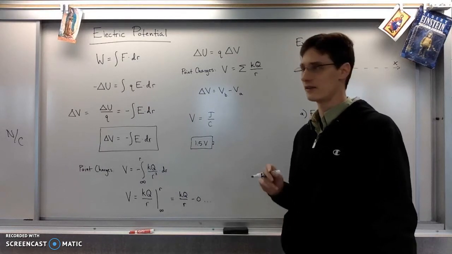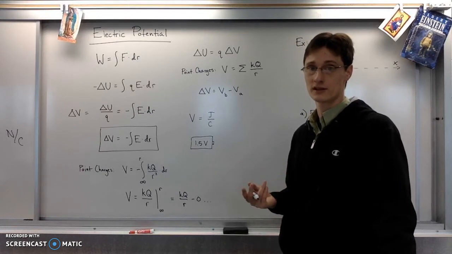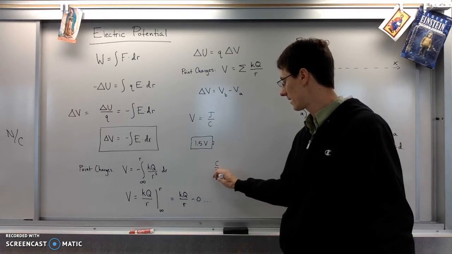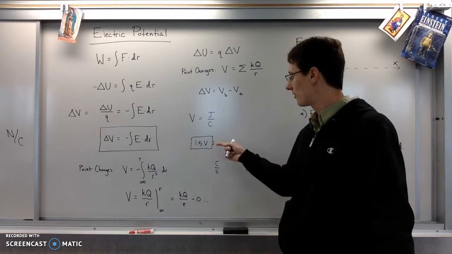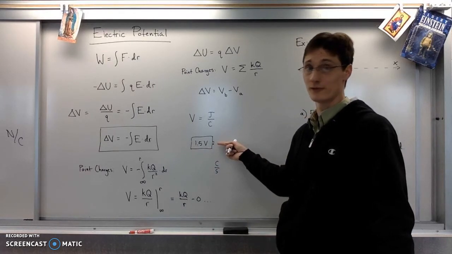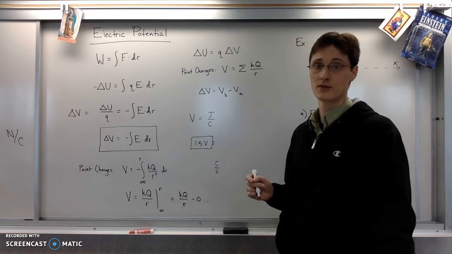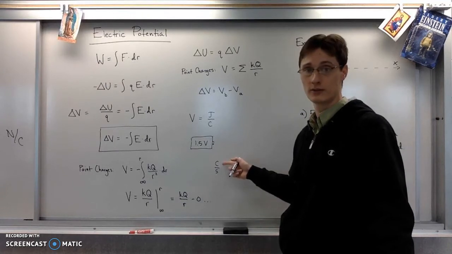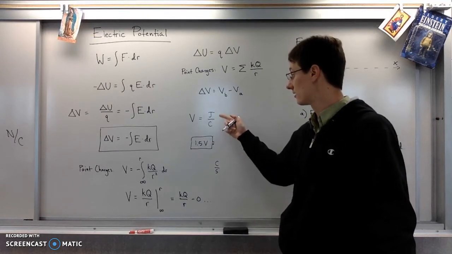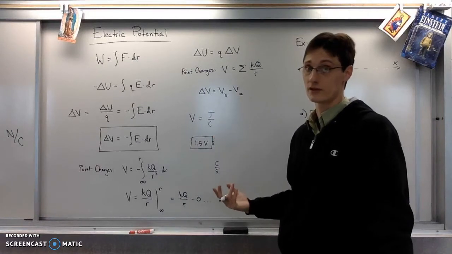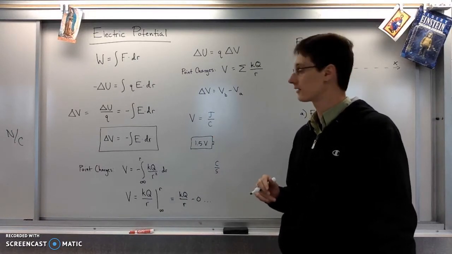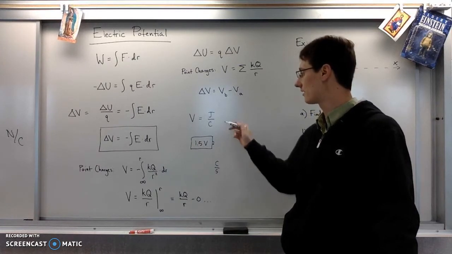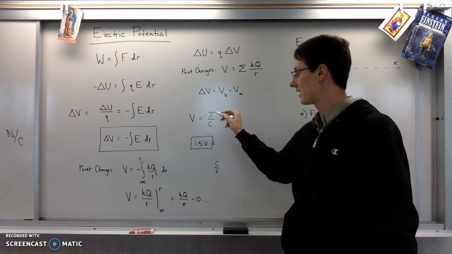Later on, we'll talk about amps, right, when we do current and stuff. Amps, if you recall, is a coulomb per second. 1 amp is a coulomb per second. So if you have a 1.5 volt battery that's also, say, producing 1 amp of current, that means that it has 1 coulomb going through it each second, which means that it's doing 1.5 joules of work per second, if you like. All right, the more central concept at this time is to understand the relationship between volts and potential